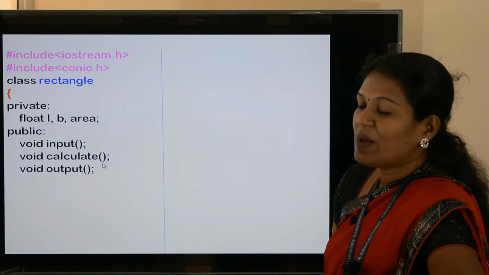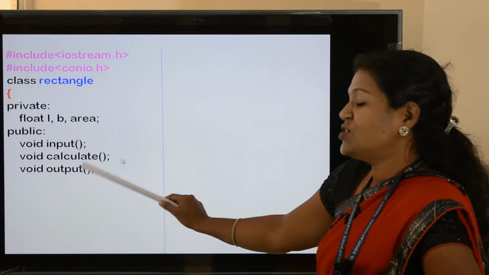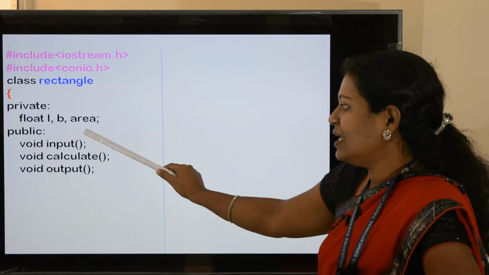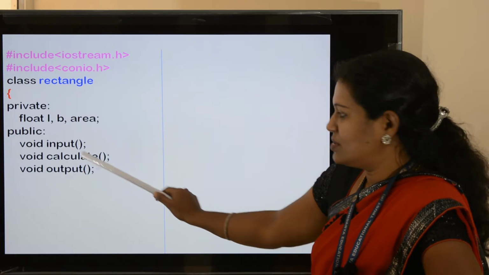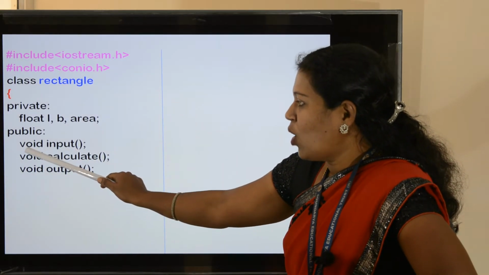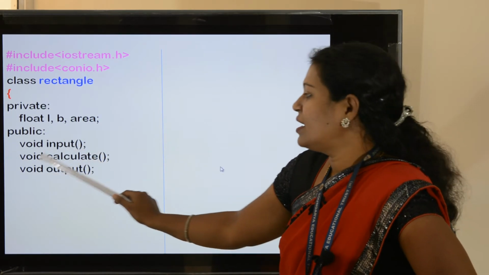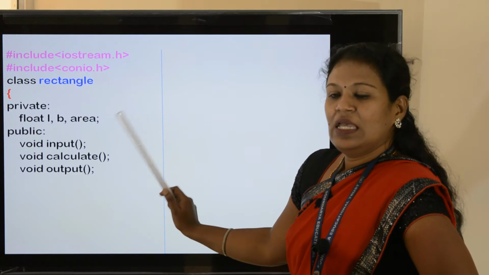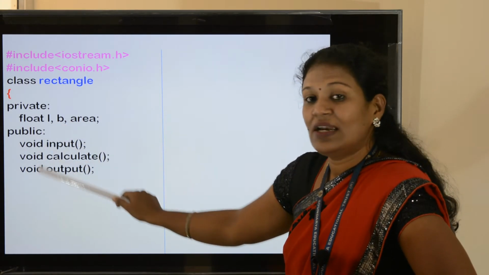Which are the member functions we need to give here? Input, calculate and output. So three member functions are there: input function, calculate function and output function. See how it is given: void input, void calculate and void output. If you want, you can change these function names.